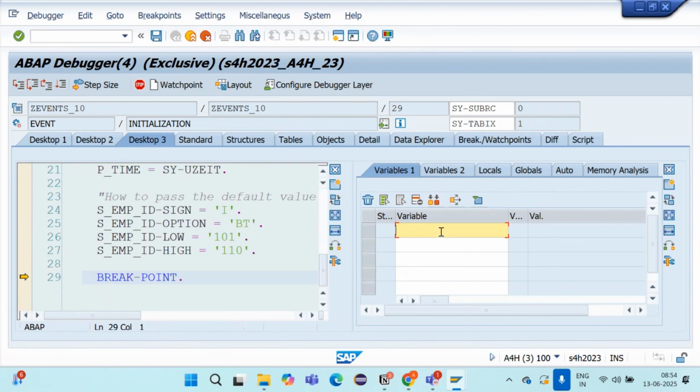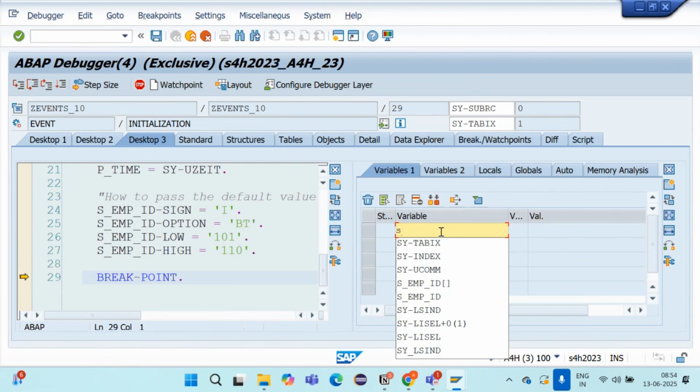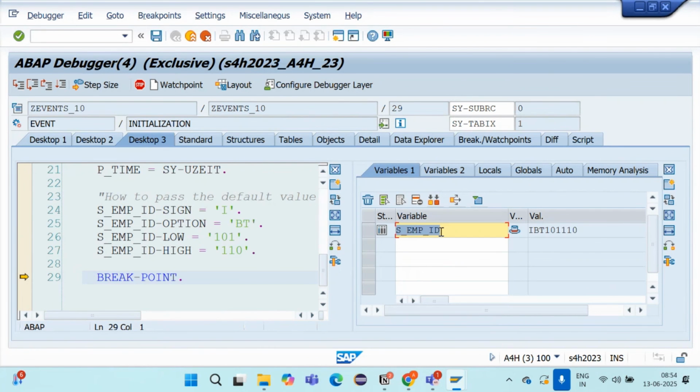I will check the select option as employee ID, and another one is our internal table of S_employee ID. Two things are always there for select option, correct? You know, select option is an internal table in itself. I have already explained this.